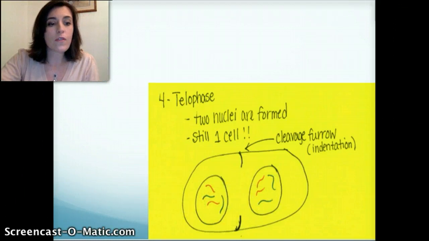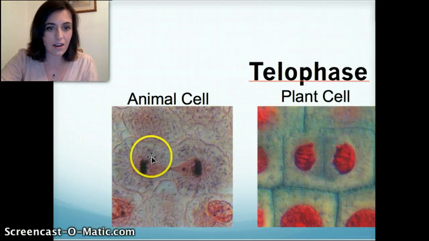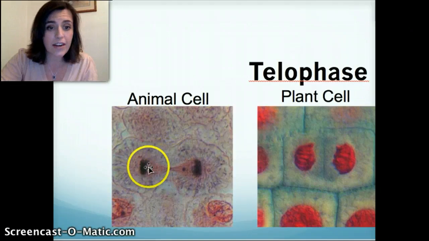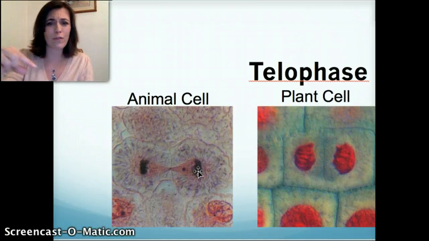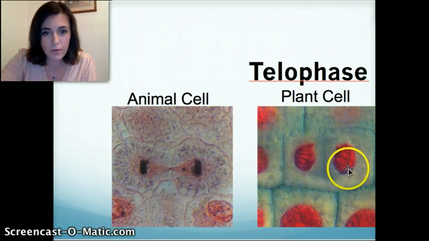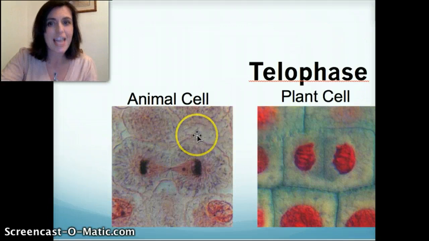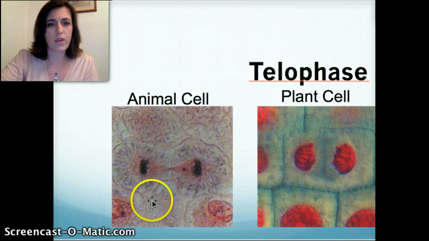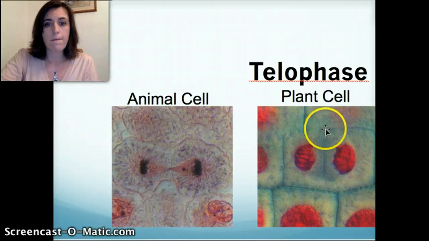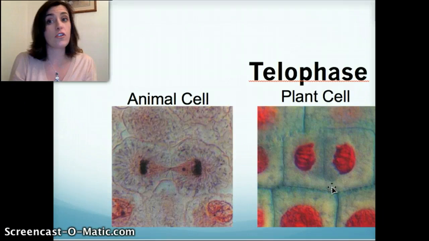Now what does it look like under the microscope? Let's look under the microscope. Look at that. They're starting to pull apart here. You've got the nuclei starting to come back together, the nuclear membrane starting to reform, and you're starting to get that cleavage furrow. See how it kind of curves in? It's like that balloon that we talked about in class. It's pinching off in the middle. That's what's going on here. It's starting to cleave. Same thing over here. It's not completely separated yet, so we're still going to say that it's in telophase.